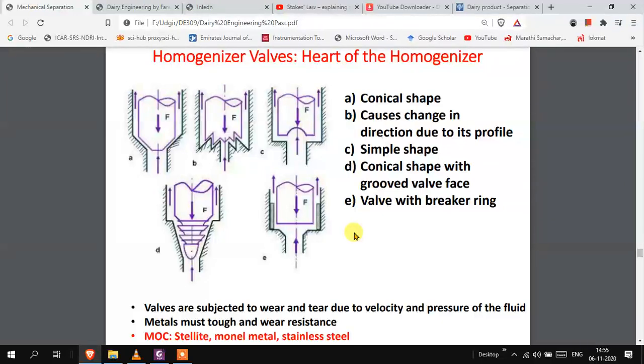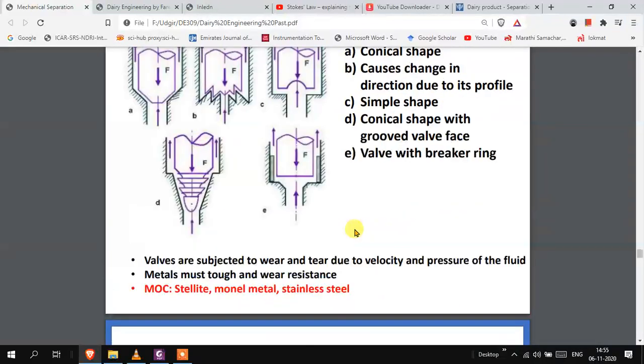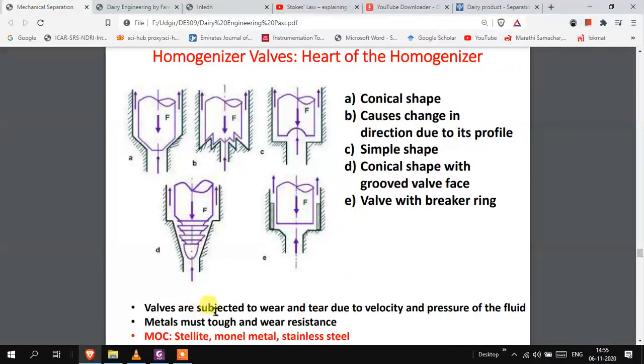They are kind of sanitary homogenizers or pumps. So homogenizer is basically a positive displacement pump. Valves are subjected to wear and tear due to velocity and pressure of the fluid. तो यहाँ पे प्रेशर भी बहुत ज़्यादा होता है